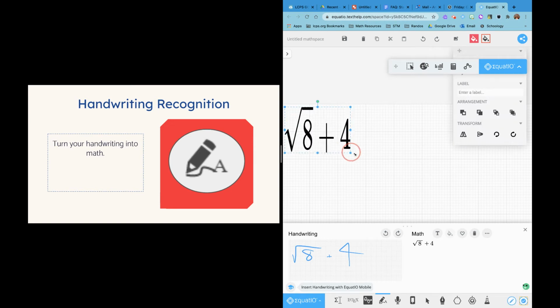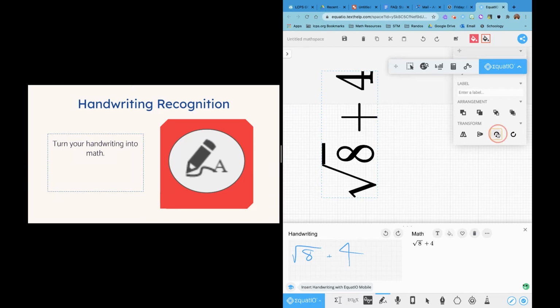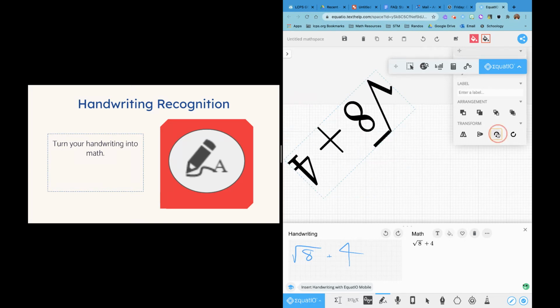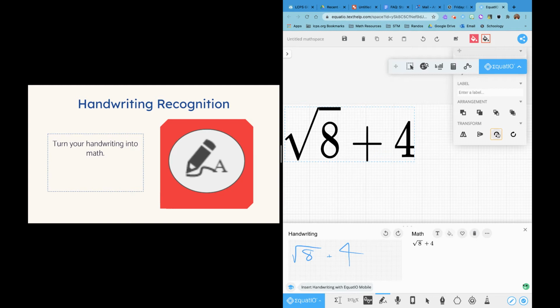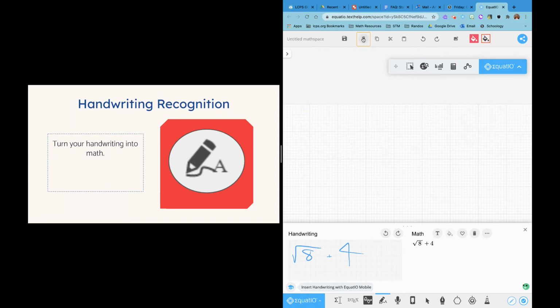And again, I can make it bigger or smaller. I can rotate my math if I want to make it fun or make it work on a line or write on a line or something like that. Again, if you want to delete it, make sure it's clicked and highlighted, and you can hit the delete button as well to get that gone. It recognizes all different sorts of